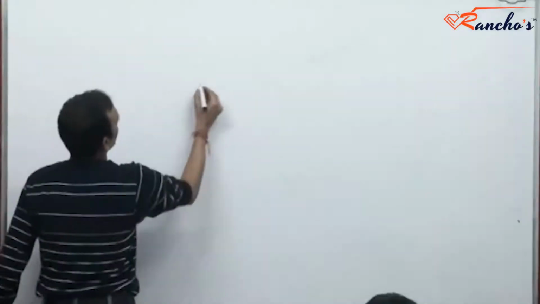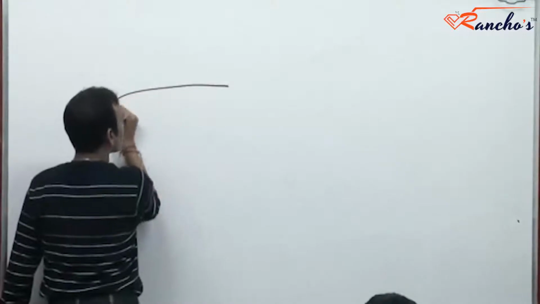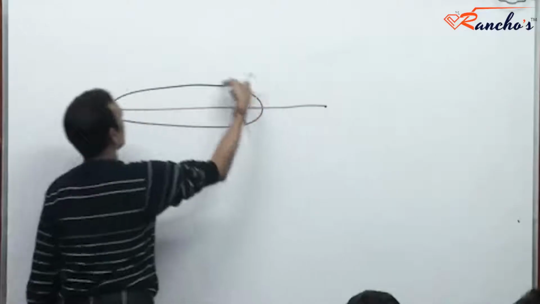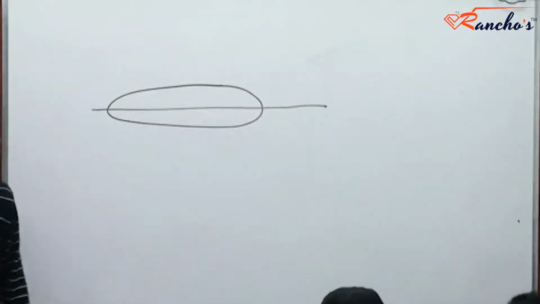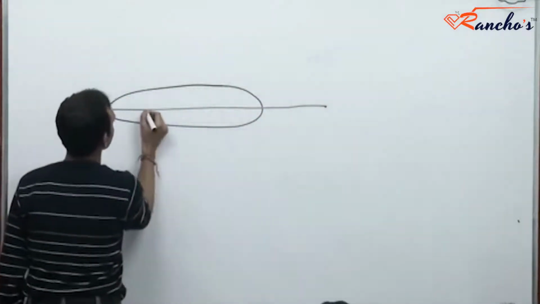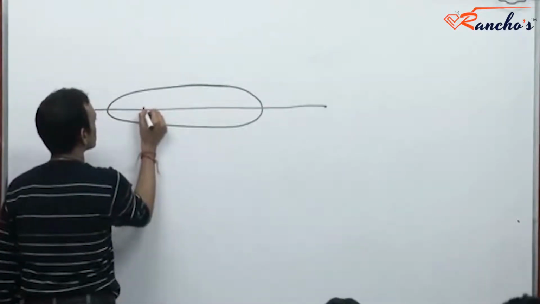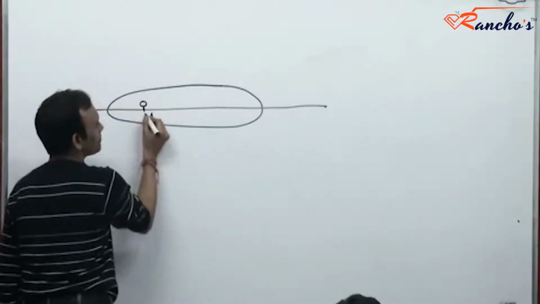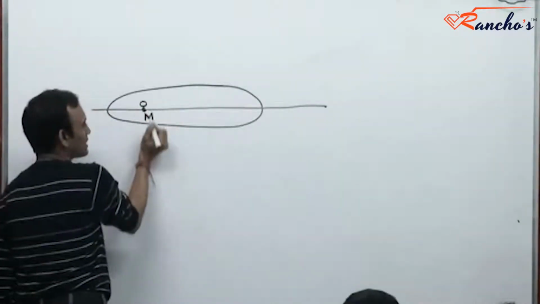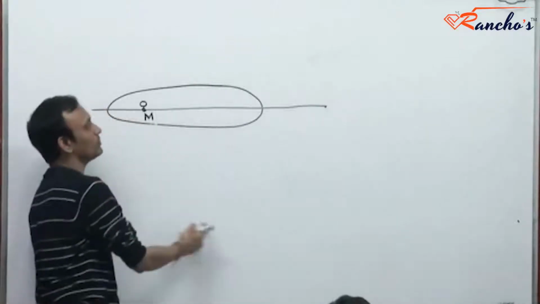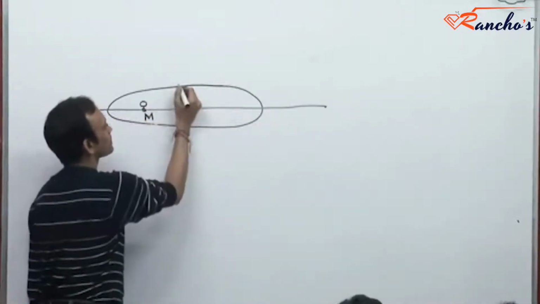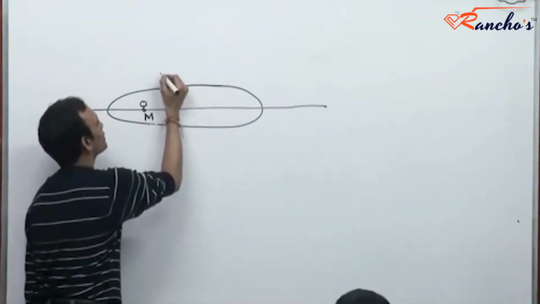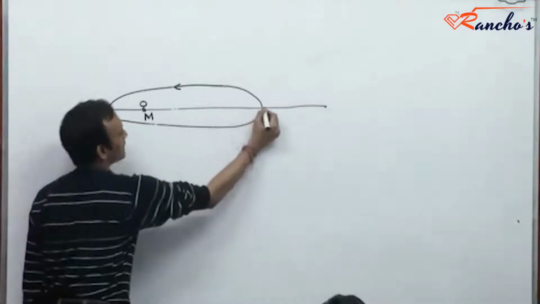Suppose a body is describing an elliptic path about a gravitating mass capital M placed at some point O. Under the influence of this mass M, suppose a particle of mass m describes an elliptic path,